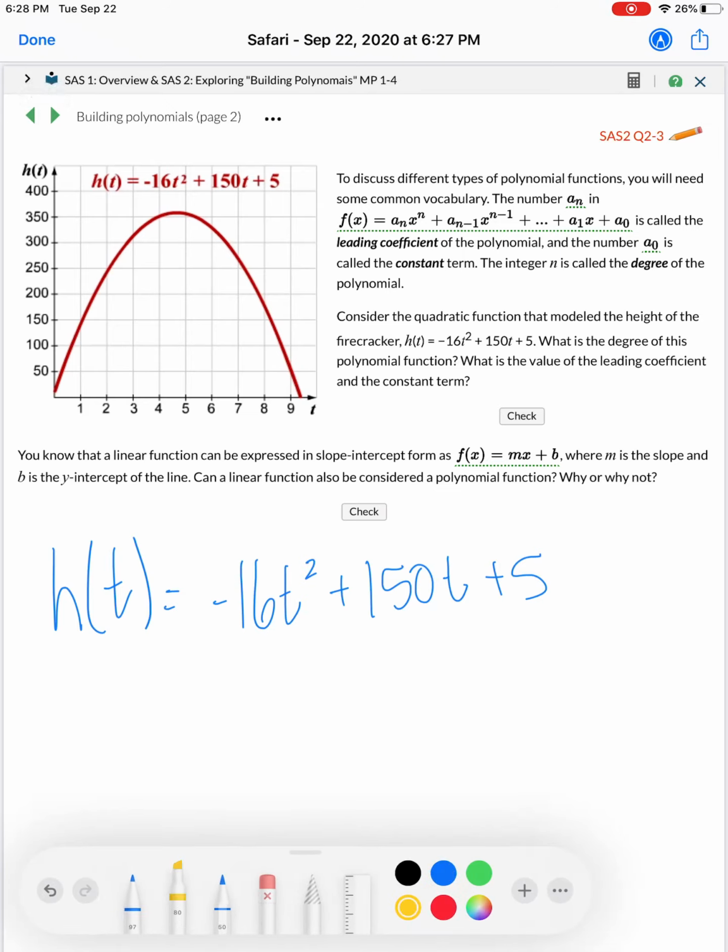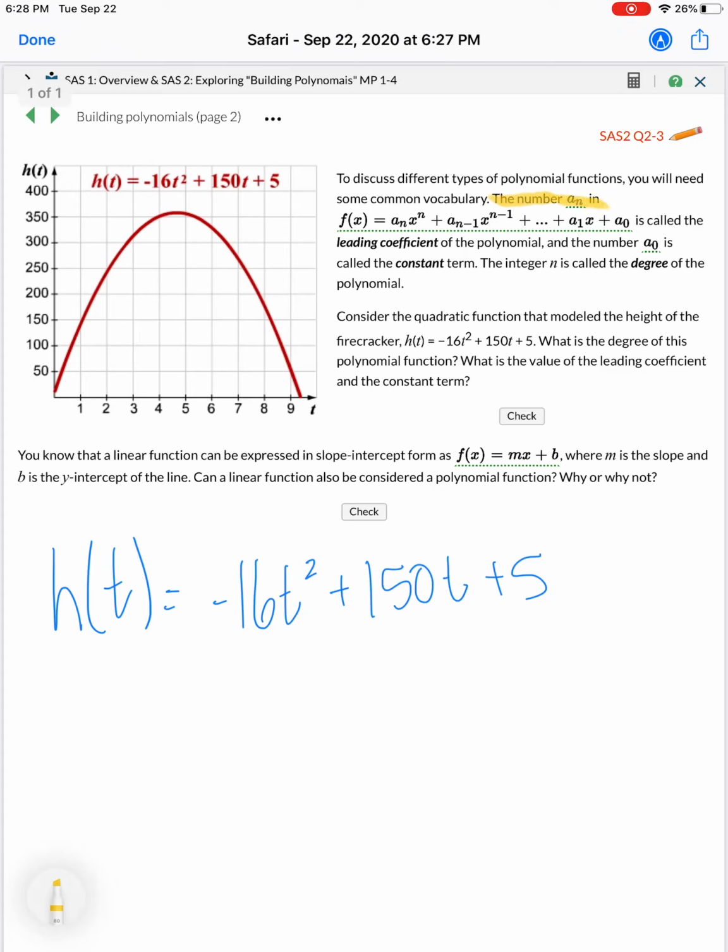All right. So up here at the top, it tells us that the number an in this long function, which is the equation for a polynomial, is called the leading coefficient. So in this case,